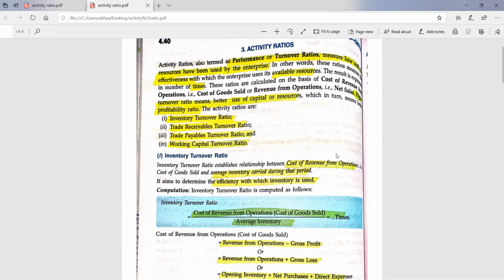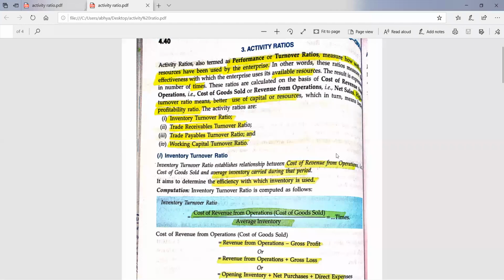Before this ratio, we have done the ratios which relate to only the balance sheet, in which all the balance sheet figures were used. But from this ratio, we will be doing the ratios which are based on the statement of profit and loss account. It means here the statement of profit and loss as well as balance sheet figures will be taken in the formulas. In previous ratios, we were using only the balance sheet, but from this category of ratio, we will be using both the financial statements, balance sheet as well as statement of P&L. So both must be in your mind, statement of P&L as well as balance sheet.